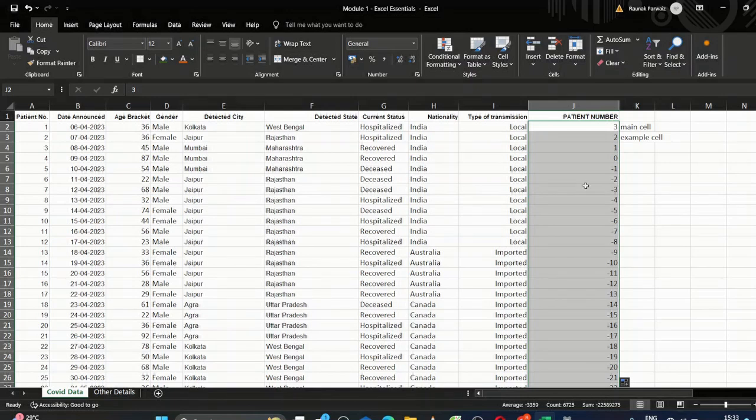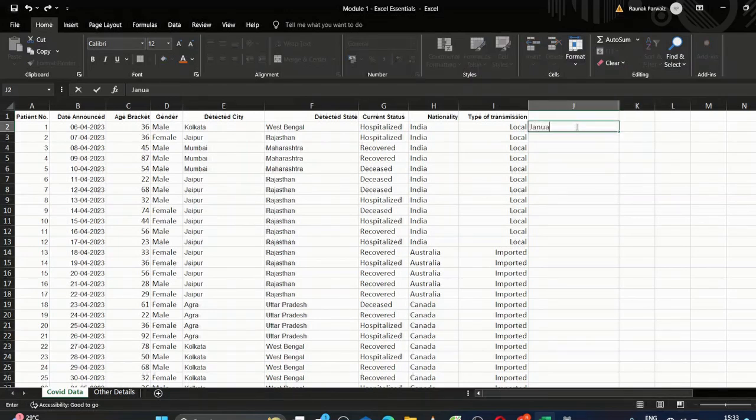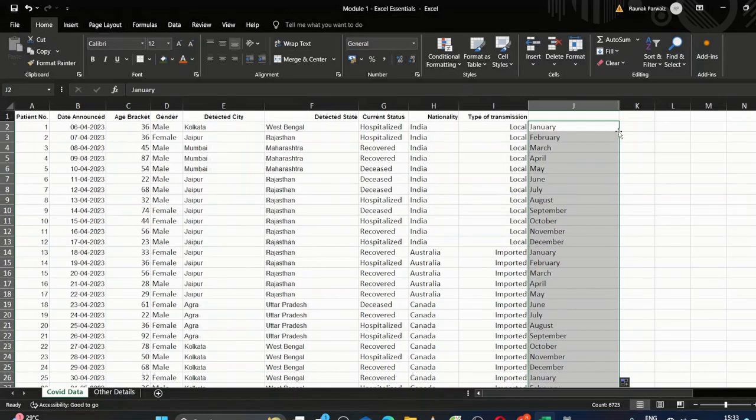And this also works with month names or week names. So let's delete this cell, delete this patient number, this part also, and just write January. Double click at the bottom right. Now you can see that Excel has automatically written all the month names,